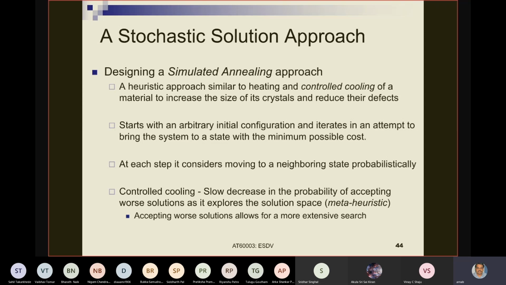It simulates that activity, and therefore it is called simulated annealing. But this is essentially a mathematical procedure again, for optimization. Now, how does it approach? It starts again with an initial configuration. So simulated annealing uses the term configuration, which is again